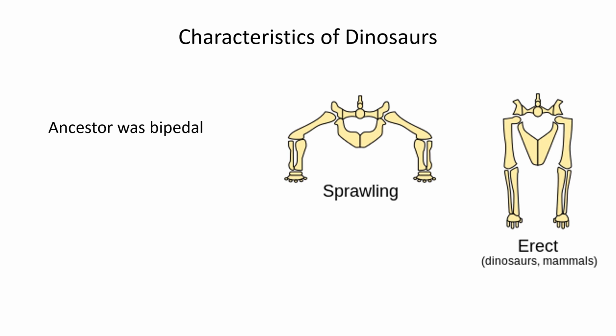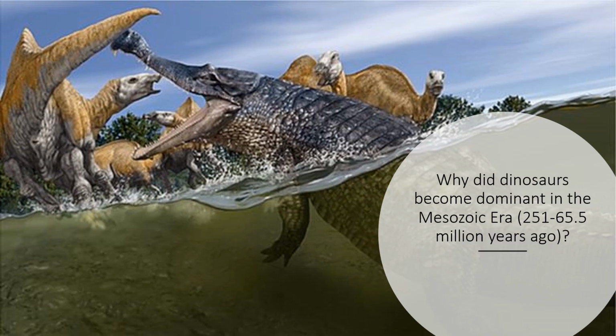So dinosaurs being erect, if you notice, they went from that lizard-like, where lizards have a sprawling gait, their legs are off to their side, but the dinosaurs evolved to have their legs up underneath them and walking on two legs, and that freed their lungs from their movement. Another way that dinosaurs could be more active.